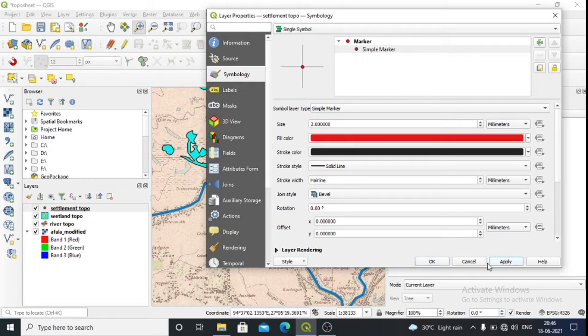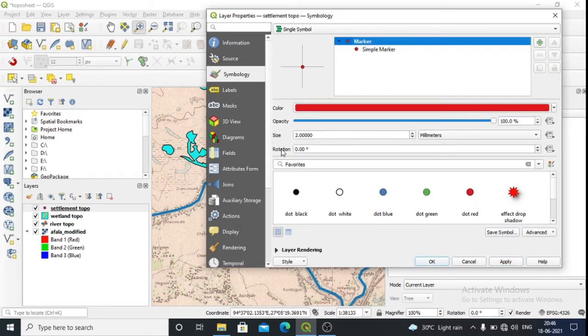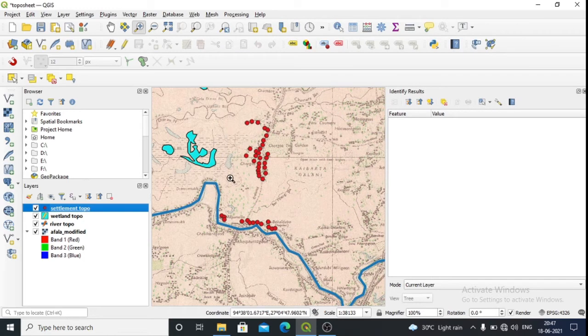Just click on apply. Then you can increase the size of the circle. For this you have to click on this one, then you can see the size. You can increase the size in this way. As you increase it, it will increase the size of the point also. Then click on apply. So in this way it has been increased.